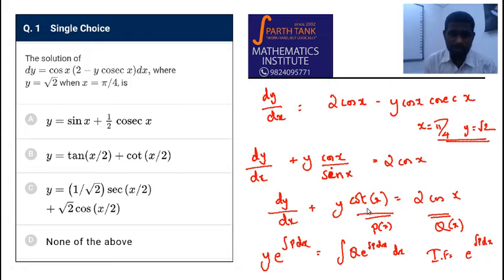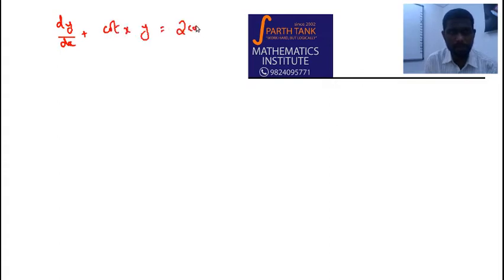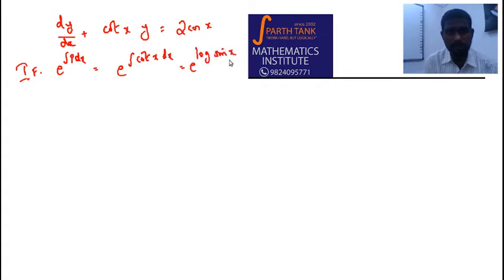And especially these are very good integrating factors. Let's see how. Let us write the equation once more here: dy by dx plus cot x into y is 2 cos x, right? Now the integrating factor e raised to integral p dx is nothing but e raised to integral cot x dx. Now we know that integral of cot x is log of sin x. Therefore this becomes just sin x, e to the power log. So the solution is y sin x is equal to integral of q into